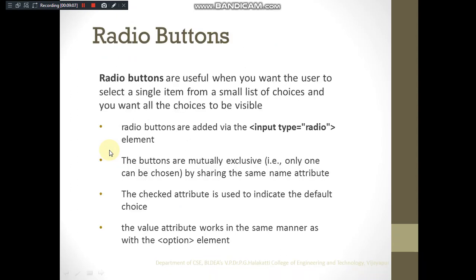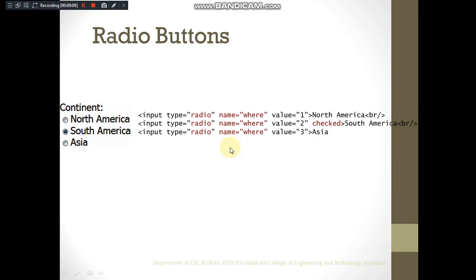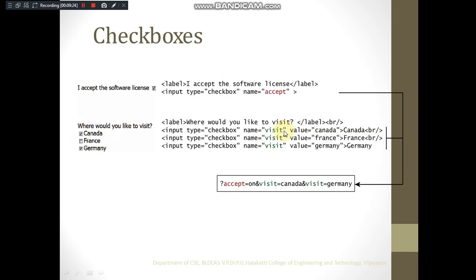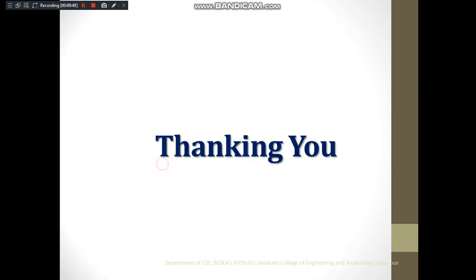Okay, so radio buttons we have already seen. Okay, this is the way it appears. We have seen an example already. Checkbox, you know, right? Input type equal to checkbox is used, right? What is the difference in using checkbox and radio button? In checkbox you have a provision to choose multiple options, right? But not in case of radio button. Okay, just look here. For this case, again it has to send both name and value in order to say which are all the options it has chosen, right? Otherwise that is the only difference. You cannot send multiple options with the radio button, but with the checkbox it is possible, right?